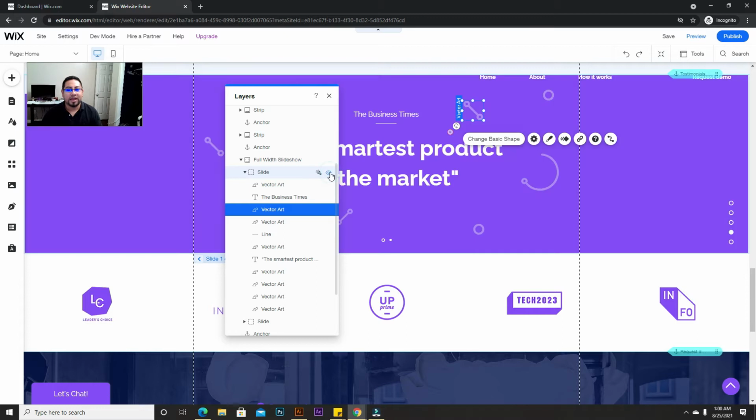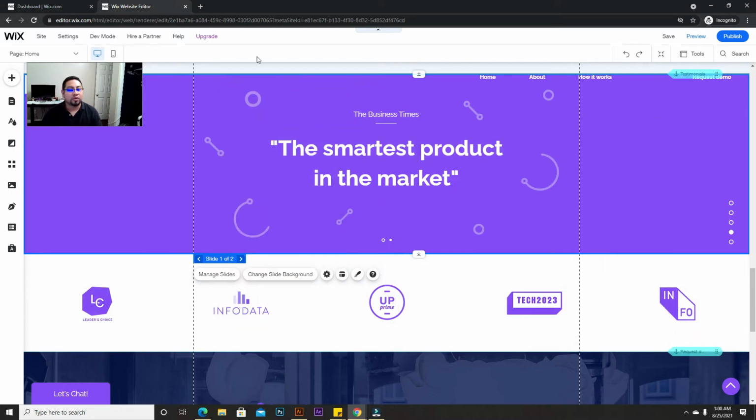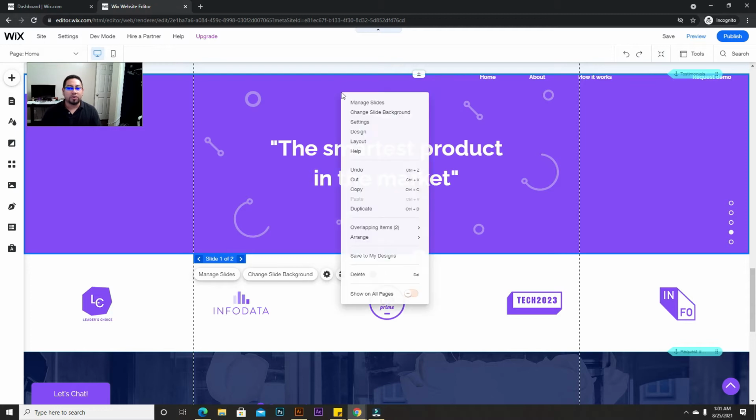So now that I find what it is, I can just do a right click, and then I can also see other tools available. For example, I can duplicate, I can delete, I can cut, I can save to my designs. That's the other cool thing about Wix is, let's say you created this section and you wanted to use it in other pages, you can also do a right click, and this is where you're gonna save it to your designs. So we're gonna go into this menu in a little bit, but I just wanted to show you how